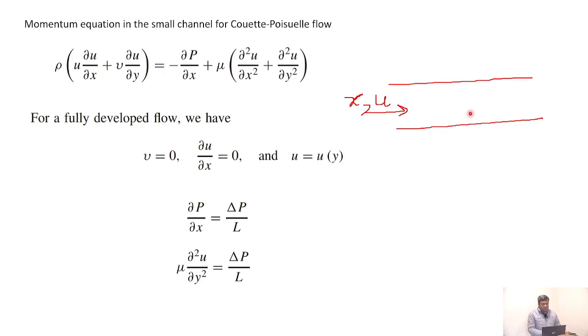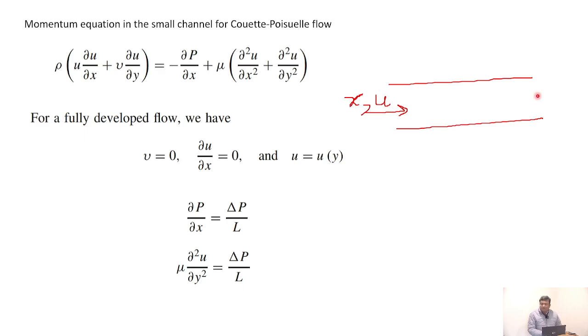So this is the y direction, and in that direction velocity will of course change. Velocity will be 0 at the plates, and at the central plane the velocity will be the maximum. So these things are okay, and for u as a function of y, we will say that del p del x is some delta p by L. So we'll assume that there is some delta p here, which is the same for all